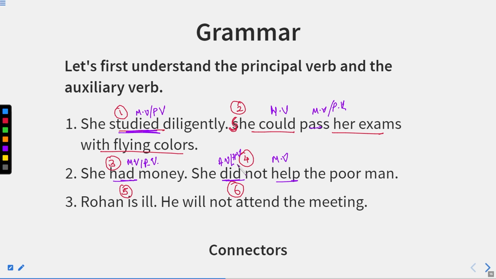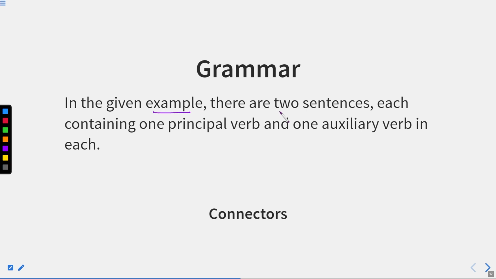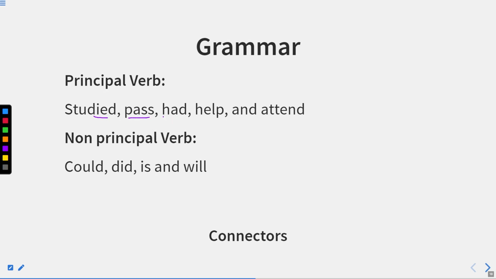Rohan is ill. So this is the main verb over here because it is showing its state. He will not attend the meeting. So will is a helping verb or auxiliary verb, whereas attend is the main verb. So in the given example, there are two sentences, each containing one principal verb and one auxiliary verb. Studied, pass, had, help, and attend are principal verbs, whereas non-principal verbs are could, did,